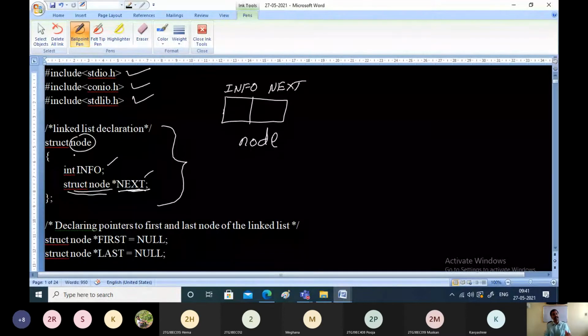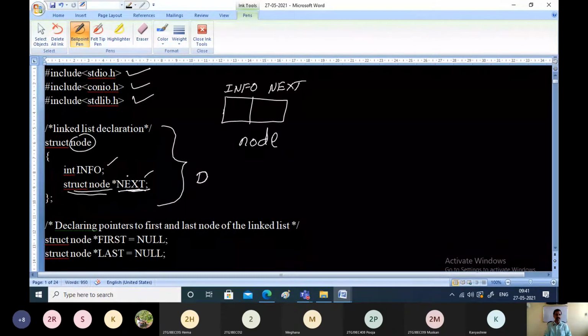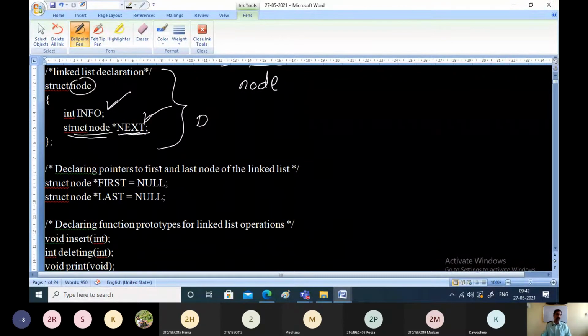Once we define it, later we can declare variables of this particular structure, because we have seen in the previous classes, if you want to declare variables of a structure, first it must be defined. So here we are going to define the structure. That means this is a structure which is going to contain two entities, the information part and the next part. Okay. Next we are writing